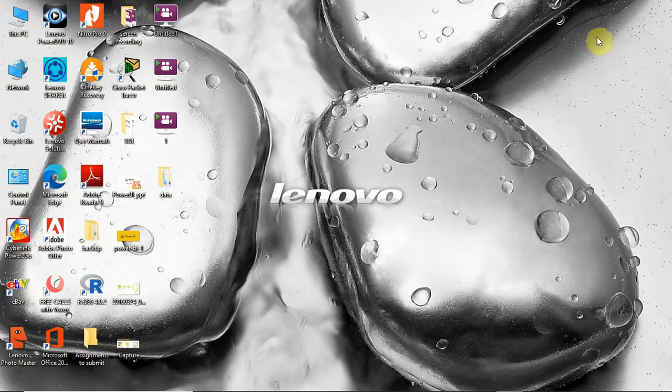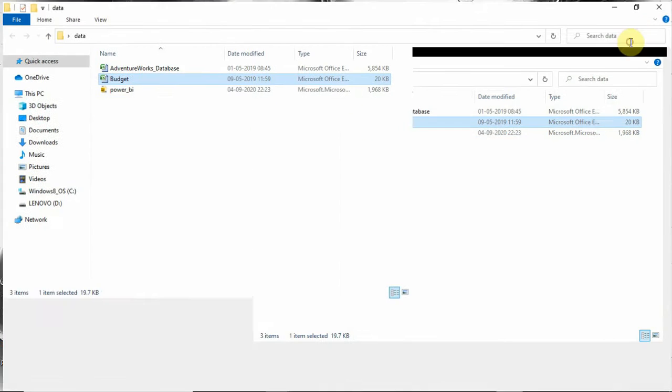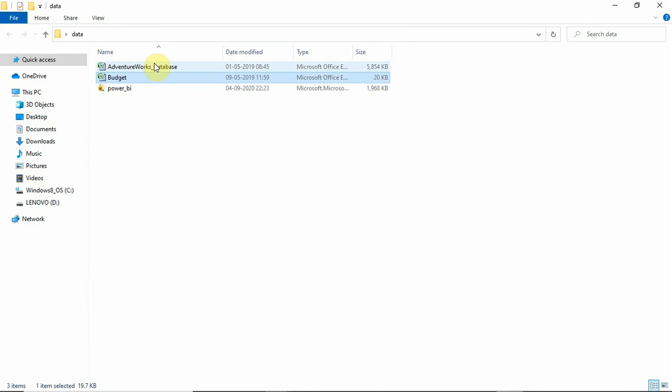So we are on this file, and the one thing which I wanted to show you is we loaded this table, right? See the size, it has 5854 KB, and our Power BI file has only 1968 KB. So this shows the awesomeness of Power BI. As you know, the Excel is already in a compressed form, and we loaded the same data in our Power BI, and you can see our data gets more compressed. So now you might have an idea of the awesomeness of Power BI.